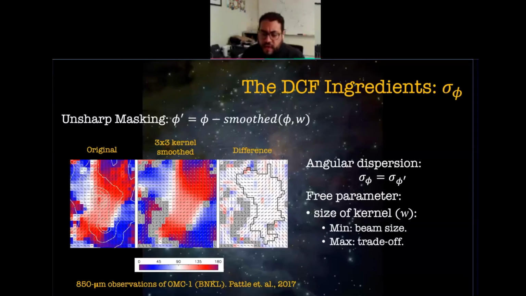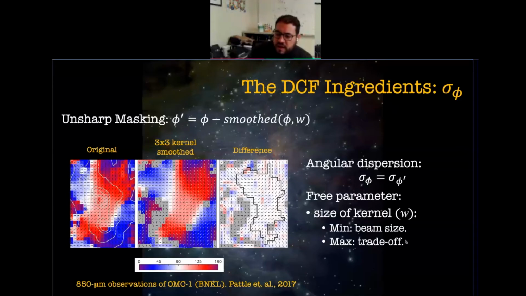So you need to have, in my opinion, a minimum kernel size that will be limited by the beam size. And for the maximum size, what they do in Pattle et al. 2017 is to determine the most optimal size of kernel that basically will recover a